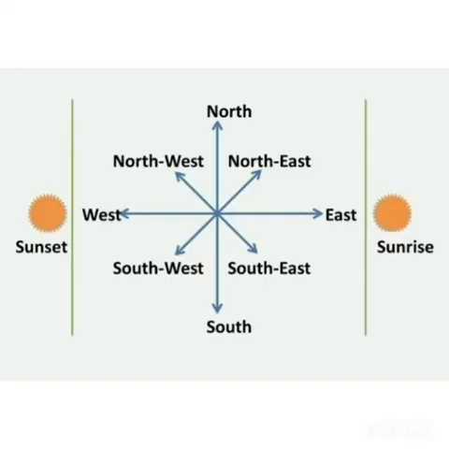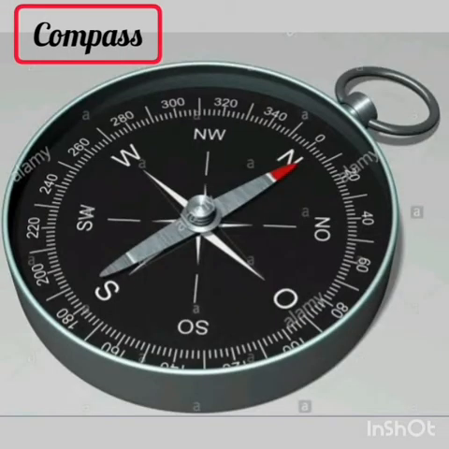Directions and subdirections have been determined by man on the basis of the rising and setting of the sun. Thus, nature can be our guide. Compass. A compass is an instrument used for finding directions or subdirections with the help of a needle that moves easily and always points to the north direction, as you can see in the picture. This is mainly used by sailors.